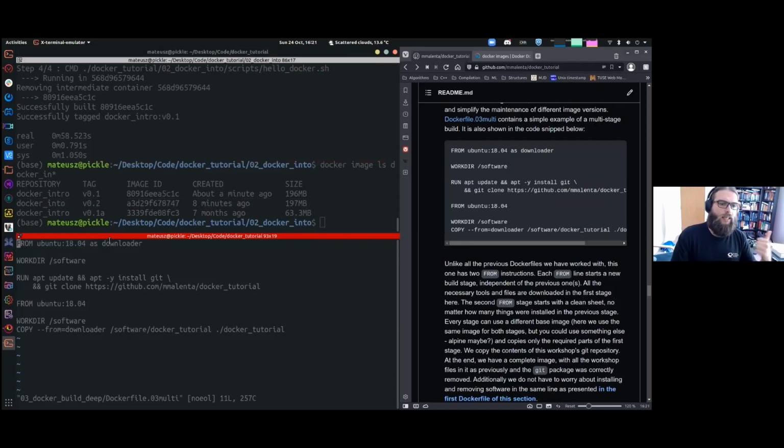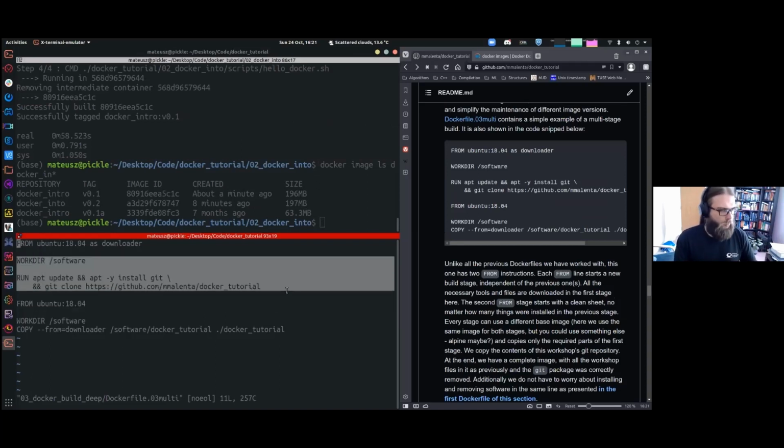I name my stage downloader. I do the stuff that I was doing before. So we create a software directory, install Git, copy the Docker tutorial repository,